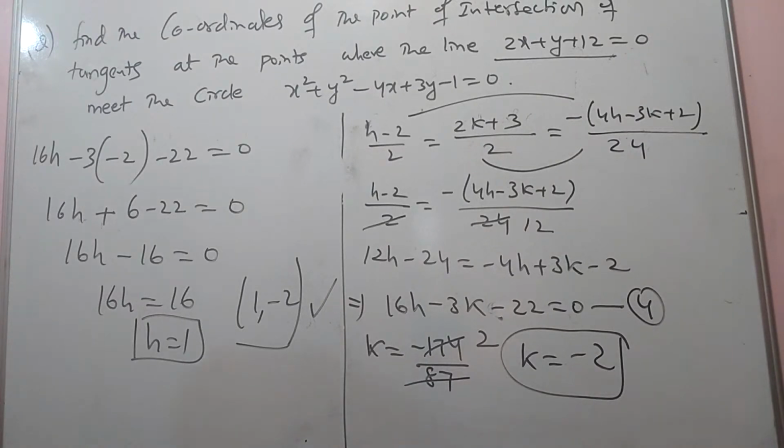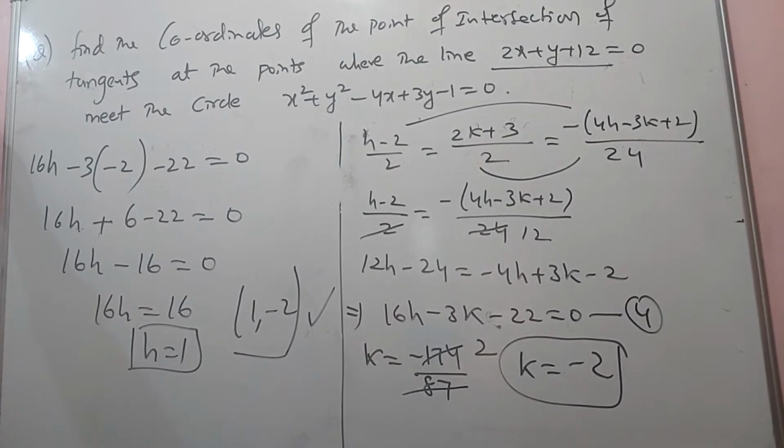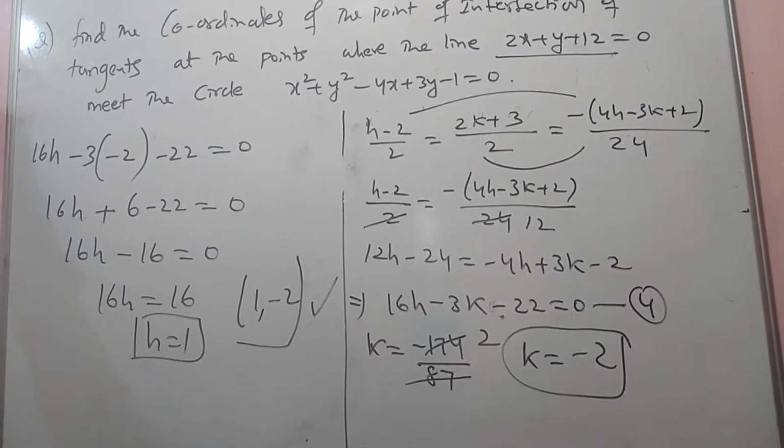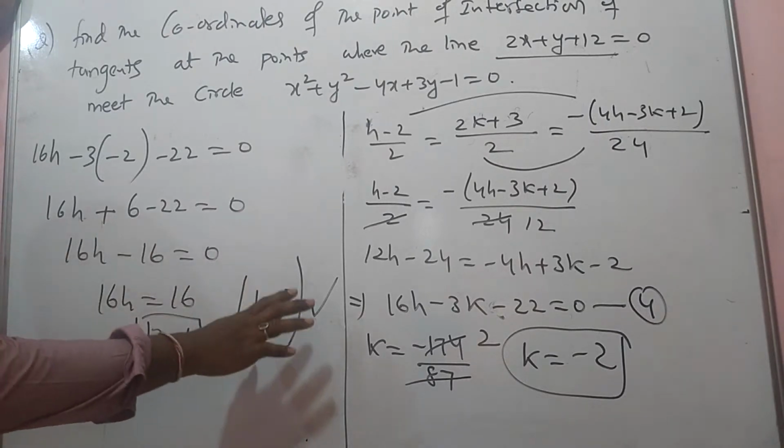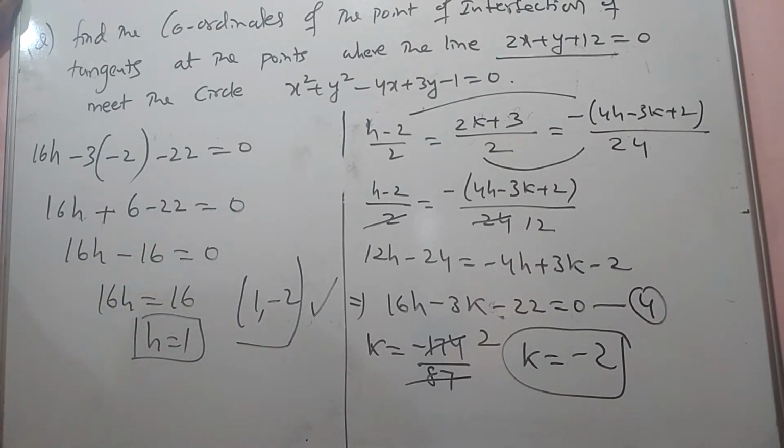Now, I hope you got the answer. Finally, we got the answer. Okay, mistakes. I hope you have understood now. Please watch it back and watch it here. I have made some mistakes, and because of some mistakes it happened. I hope now it is clear. Now the k value is minus 2 and the h value is 1.